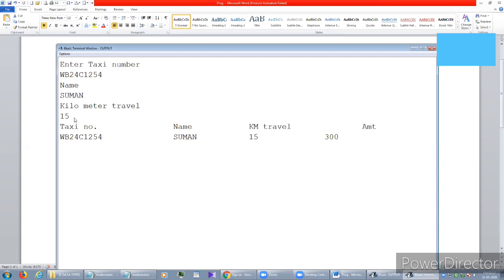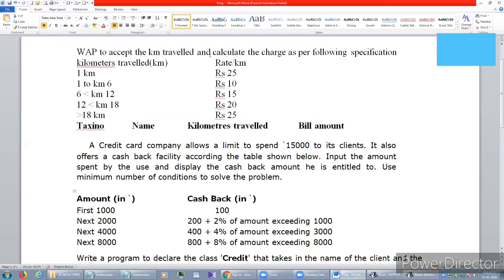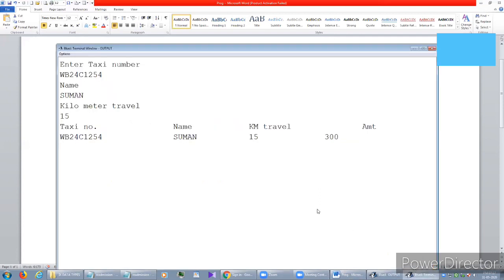Now 15 kilometers, as per the question paper, means more than 12 kilometers, less than 18 kilometers, and per kilometer 20. So 15 into 20, 300 rupees the customer has to pay, and he or she will get the bill in this format.